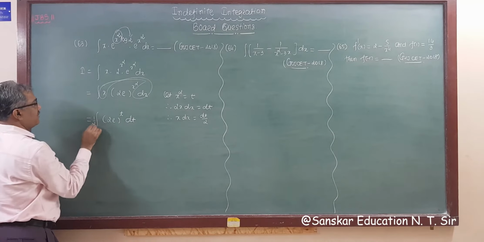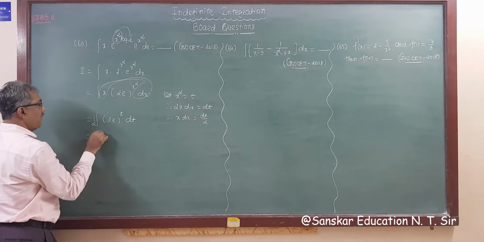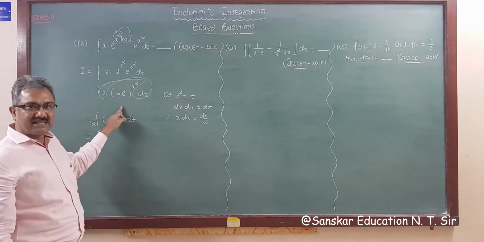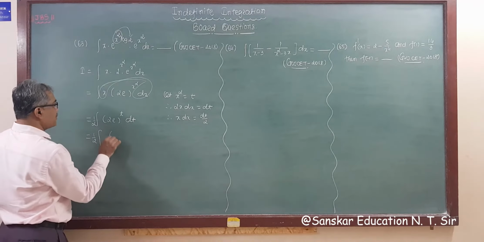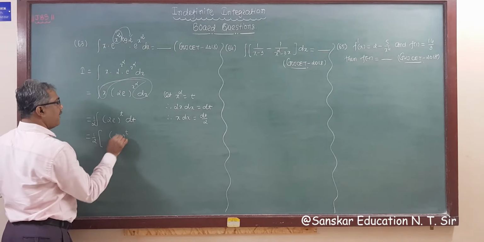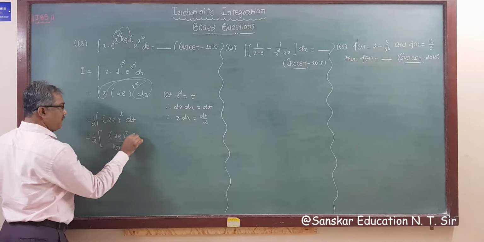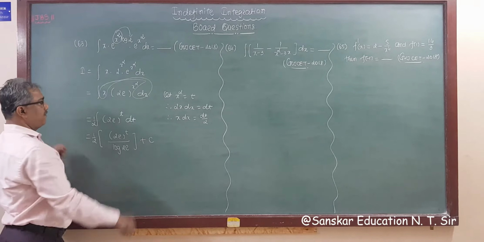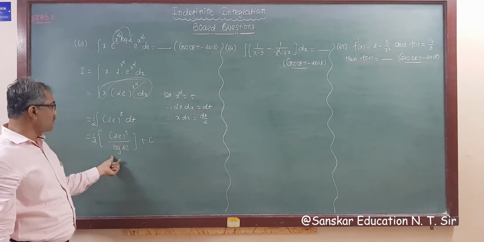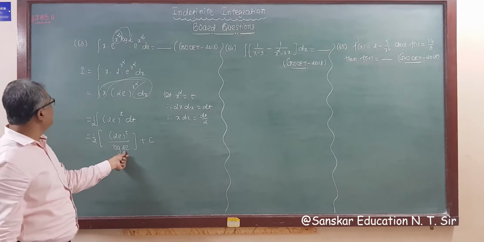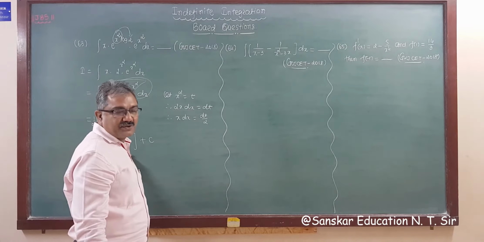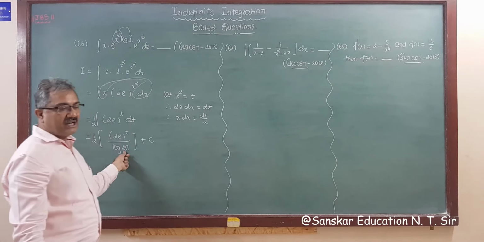I am writing 2 here. So this is 1 upon 2. Now integration of a raised to x is a raised to x upon log a base e plus c. But this is not the given answer, I think so. It is separated here. In 63 options are given, 2 times 1 plus.